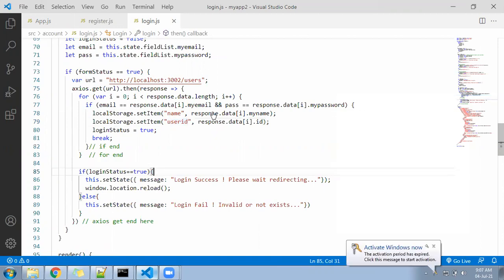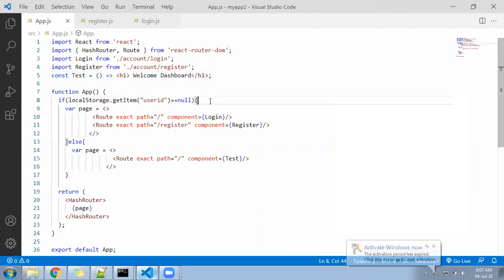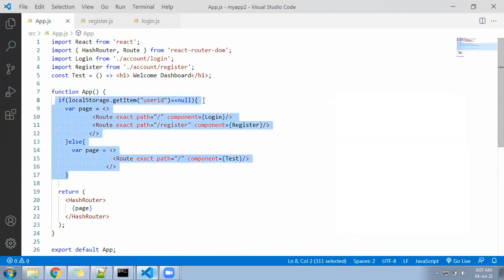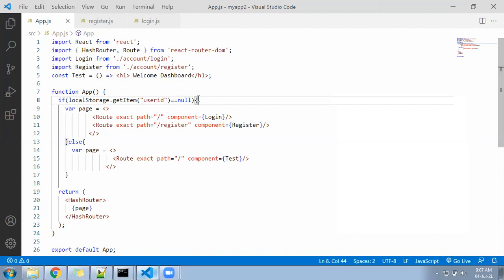Then he will ask, okay, once you redirect to the other page, what is happening? Then you can say the app.js file is the main file. So whenever I refresh the page, the app.js file is getting called. Under the app.js file itself, I have added a condition: if user ID is null in the local storage, that means no one is logged in. So if no one is logged in, there is no need to go to the dashboard and other things, just give the option of login and register. So under if user ID is null, I am giving only two pages in the routing, that is register or login.